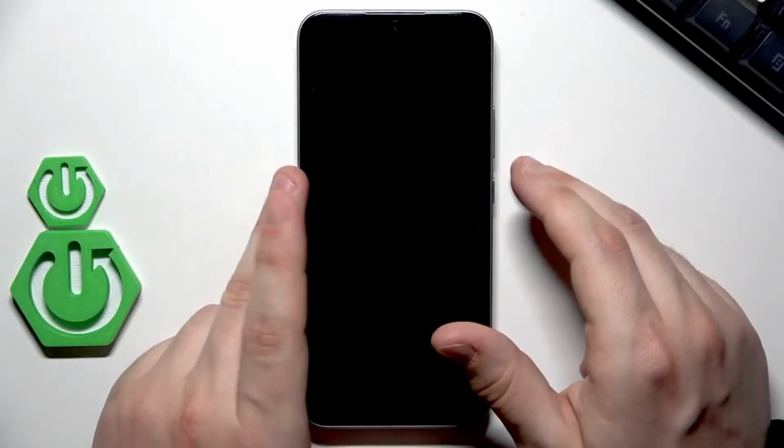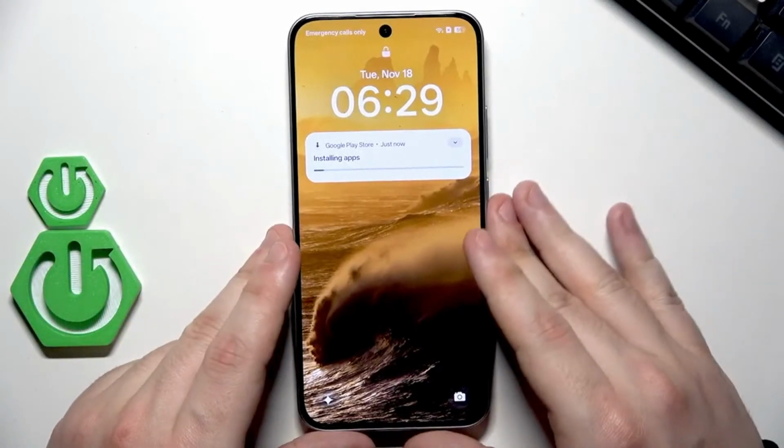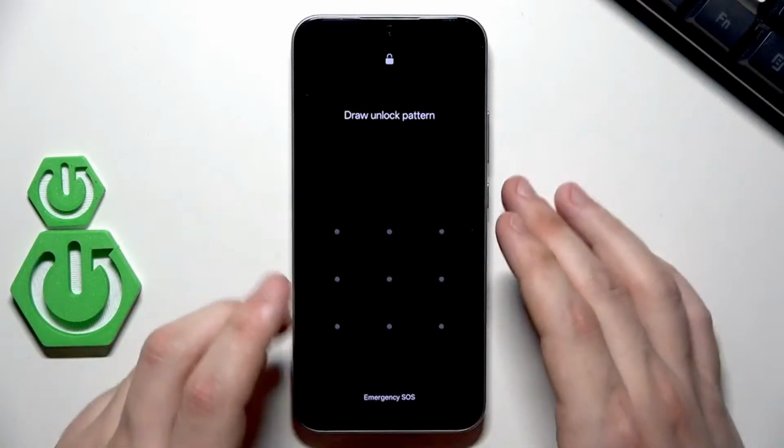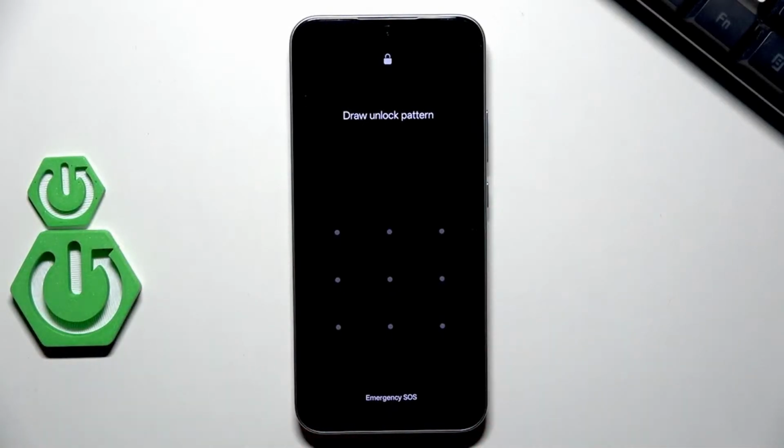Okay, but before we begin, we need to discuss a few things. First thing is, please only try to unlock your phone, in no other case someone else's, because that might be considered as a crime, and that's also unethical. Second thing is that we need to perform a factory reset using the recovery mode, and we will lose all of our data. And the third thing is that after the reset, when we get into the setup process, we'll